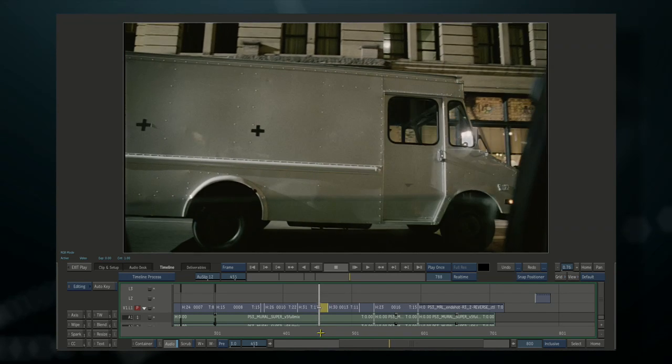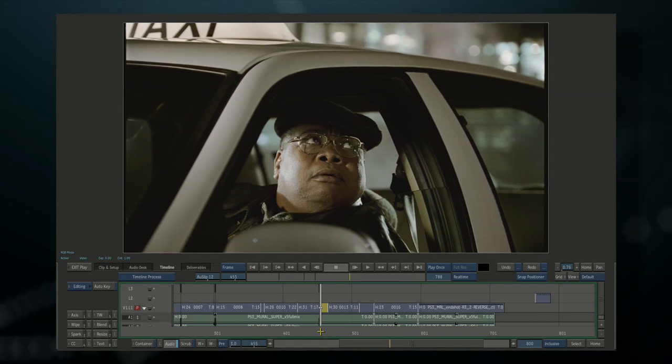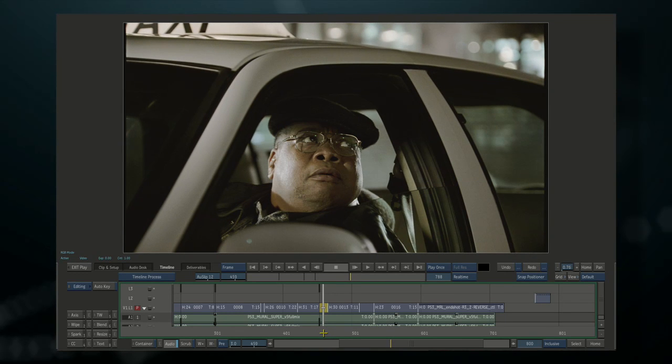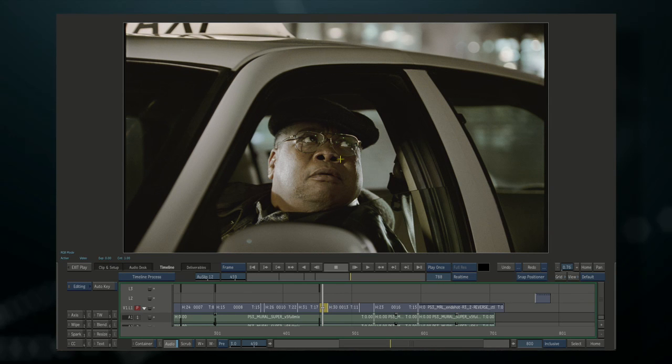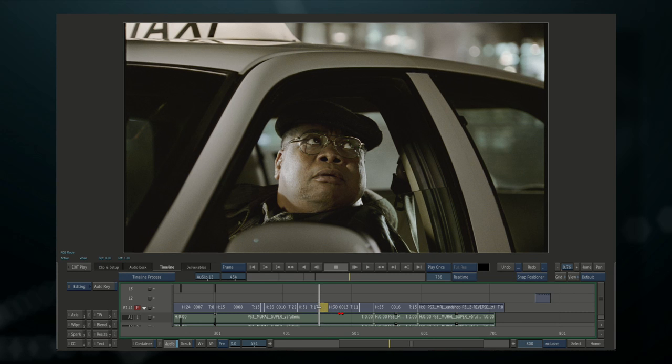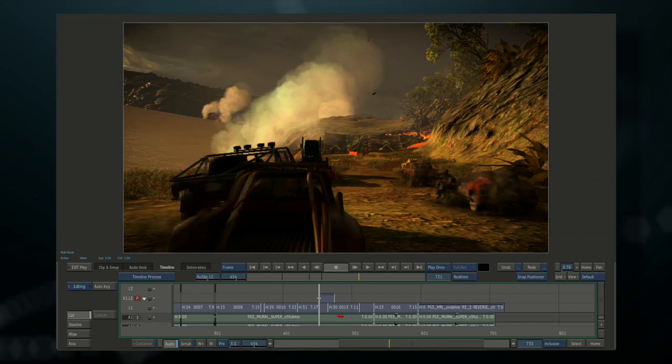Now, this is one of the more straightforward shots. It's basically the taxi driver reacting to the game footage on the walls. So what would make a lot of sense here would be to see some reflection of the game footage in his glasses and on the door, glass of the door here, the window. So what I'm going to do is basically navigate in my timeline and pick up the game footage. And you can see I can just pick it up and drop that above in the timeline,